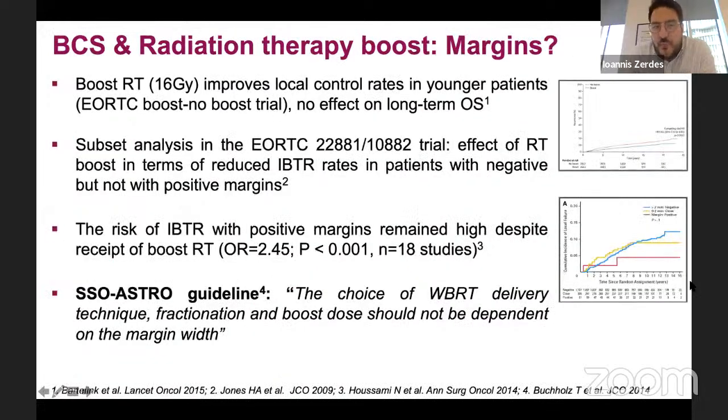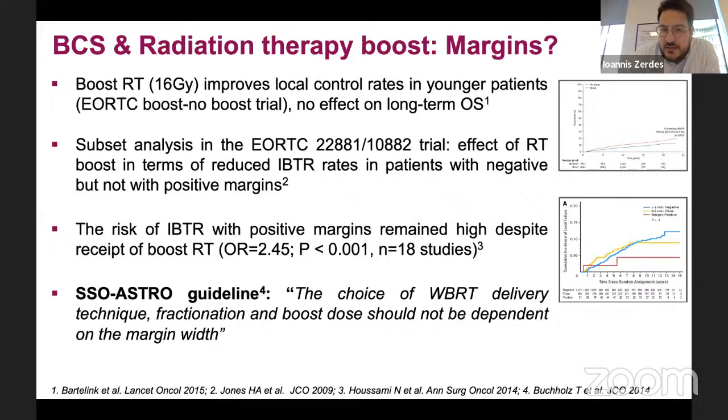The role of boost has also been demonstrated, improving the local control rates in younger patients especially, from this pivotal EORTC boost no boost trial, whereas not having an effect on long-term overall survival. And when it comes to the boost and its relation to margins, in a subset analysis of these EORTC boost no boost trials,